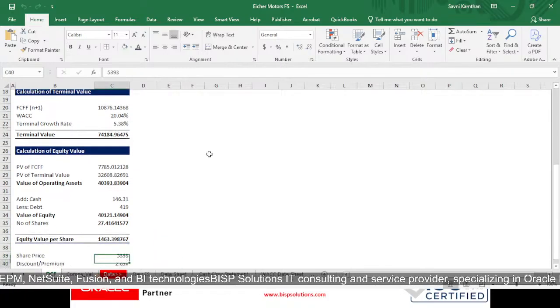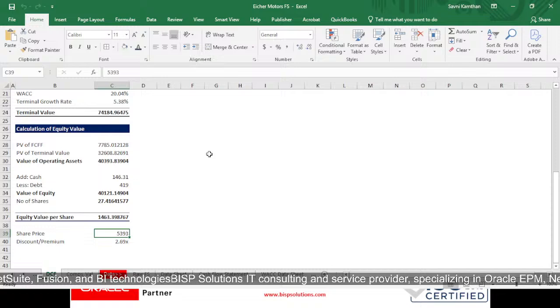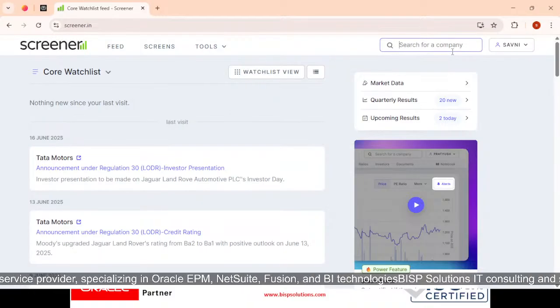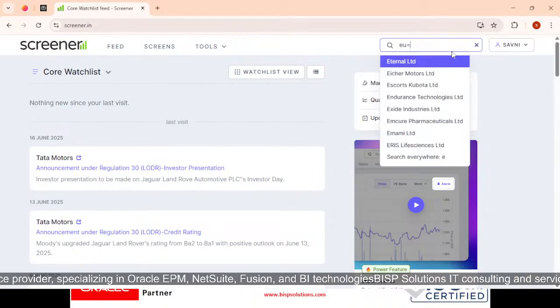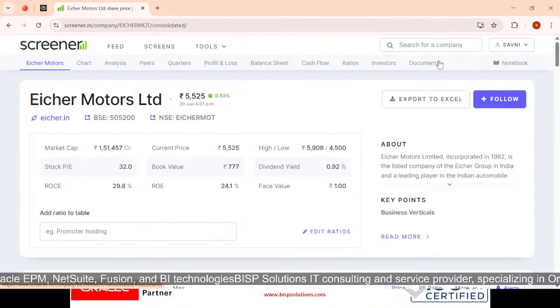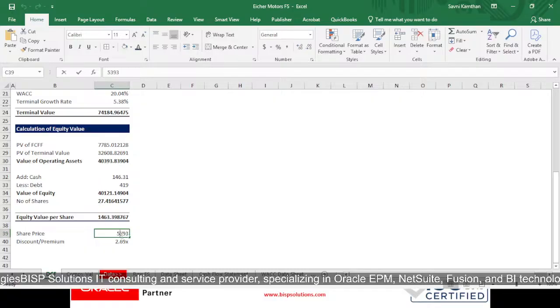Then we compared with our market price. Its current share price is 5393, which we have taken from screener.in, where it is shown like this. This is screener.in and I have picked my share price, which is 5525 of today. I had taken it for yesterday. So if I take 5525 as of today,